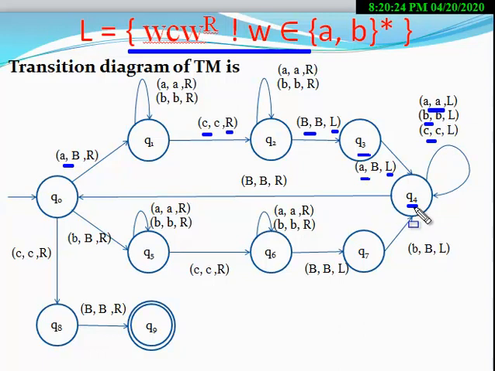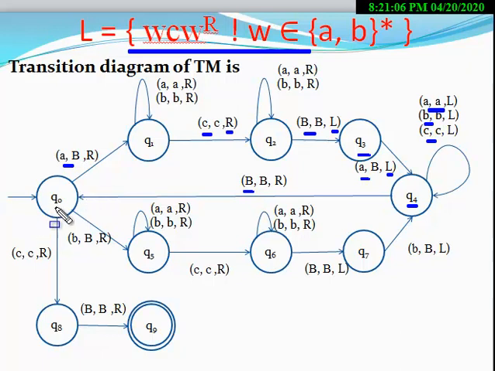At the state Q4, when it encounters the tape symbol capital B, that is the blank symbol, the machine moves to the initial state, from Q4 to Q0 state. So this is the complete cycle: Q0, Q1, Q2, Q3, Q4, Q0. This cycle will run if the input symbol small a appears in the tape. Now, when input symbol small b appears in the tape, what will happen?